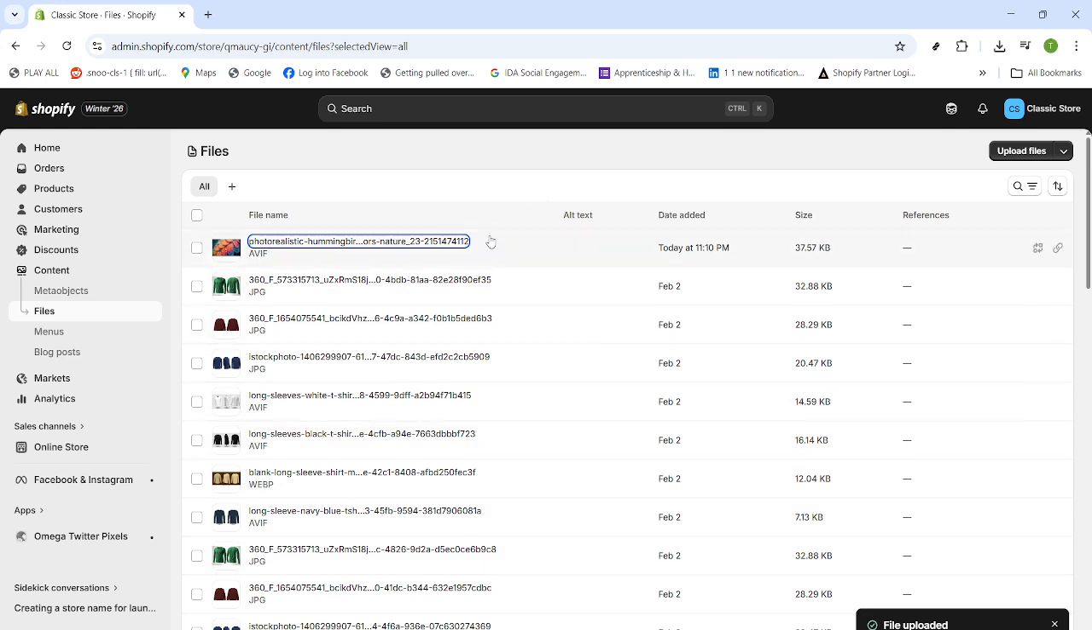A couple of quick best practices while you're here. Use descriptive file names so assets are easy to find later. Stick with common web formats like JPG or PNG for broad compatibility, and try to keep images reasonably sized so pages load quickly while still looking crisp. That's it. You've navigated to your Files library and uploaded a high-quality image, setting yourself up for a polished